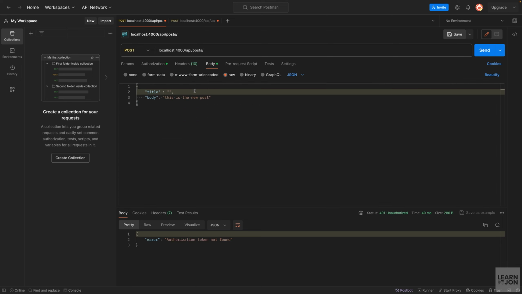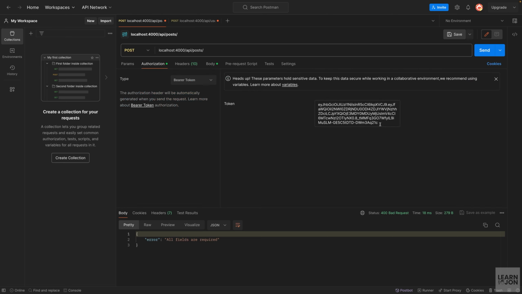So now we have the token and we have the post body, but the title is empty. Let's press send. We get all fields required, meaning that authorization is actually passed. But if I go back here and try to change this token, so the last character is C, I just want to change it to X and press send again, we get invalid signature. So this is a way to see if the user is actually authorized. So we want to put it back to C, press send again, we get all fields required, and